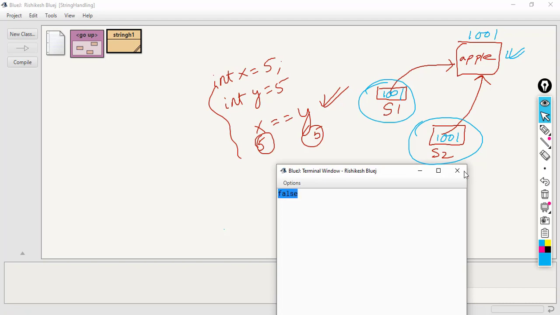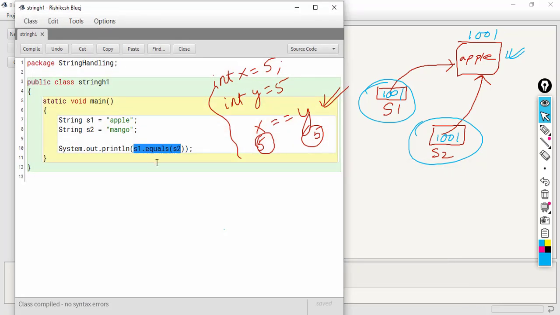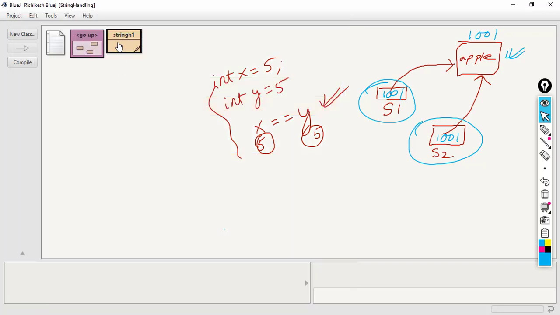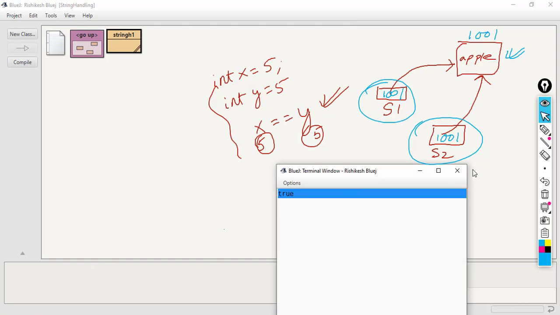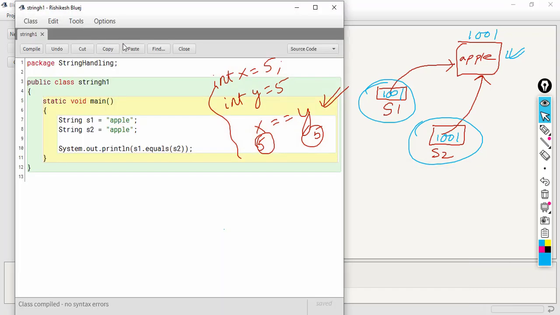As you can see, the answer is false. Now let's write apple here. This time you can see the answer is true, but you might still be confused between the equal to operator and the equals function.